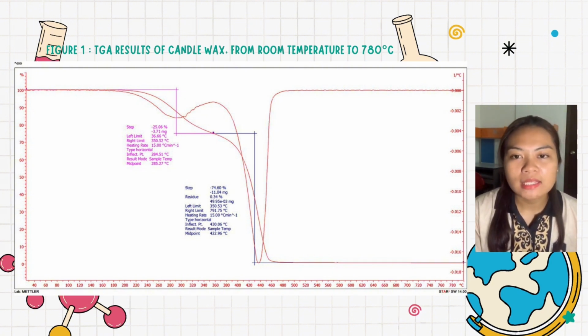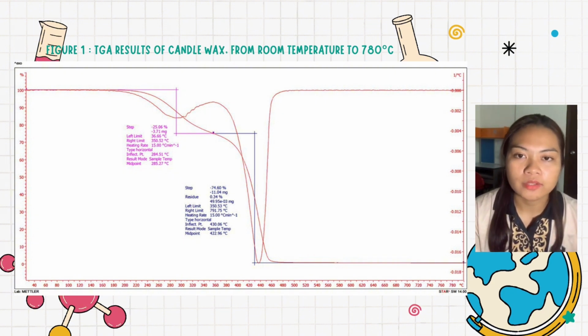As we can see in this graph, the initial weight loss of moisture and volatiles is in the temperature range of 36.66 degrees Celsius to 350.52 degrees Celsius, with a weight loss of 25.06%, a mass loss of 3.71 mg, and a midpoint temperature of